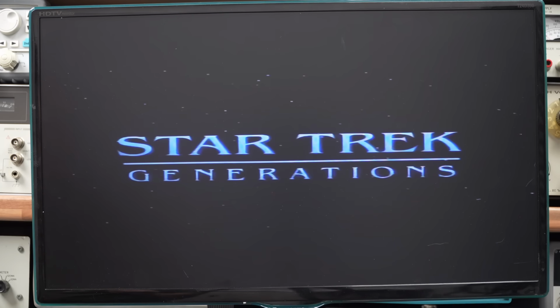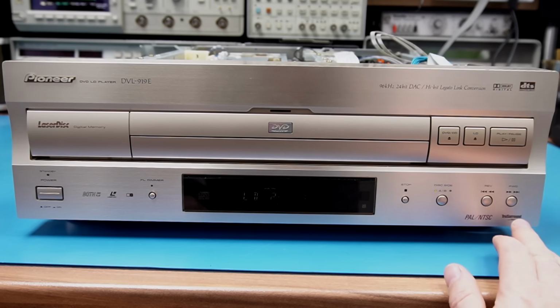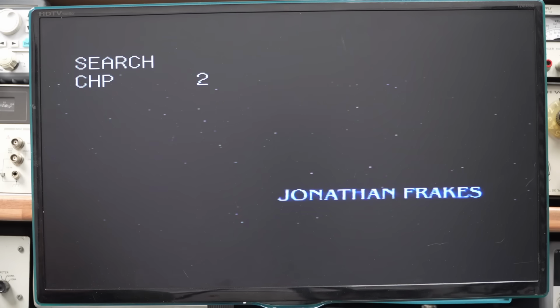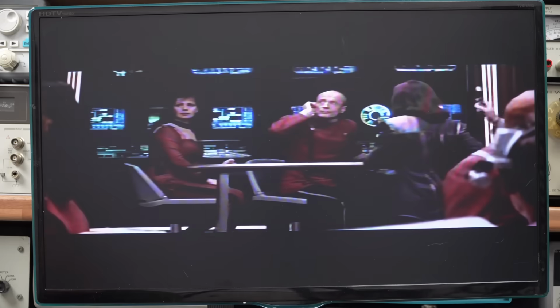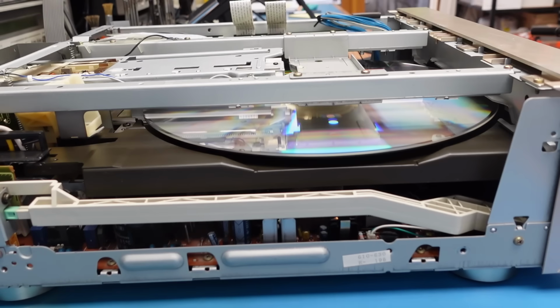Okay, so what we need to do is to see the fault, because this actually plays fine. If I skip through, it takes it a while because that's the technology. Okay, if we flip to side B,